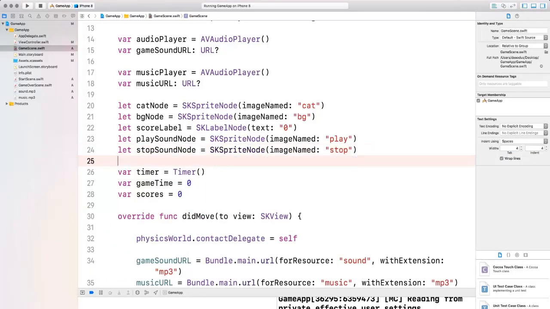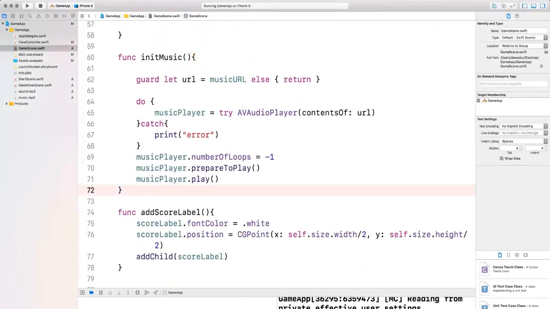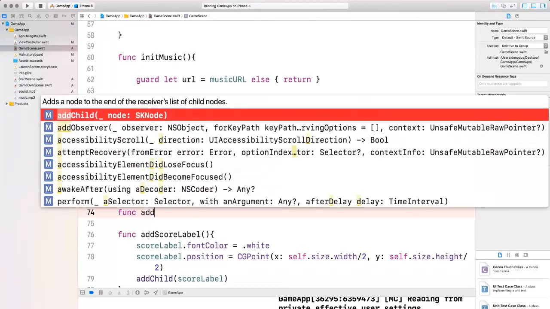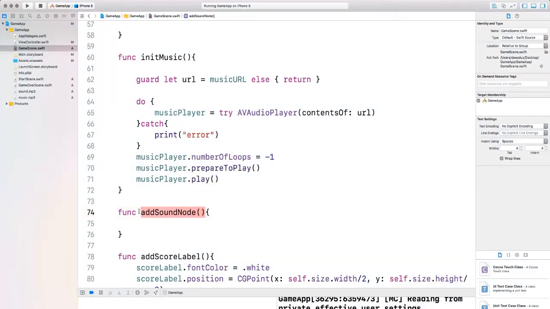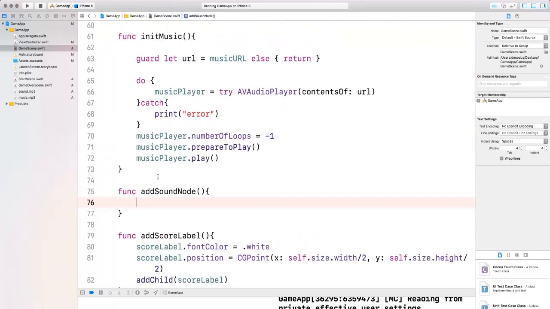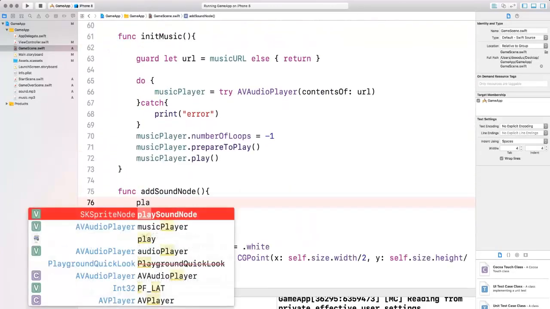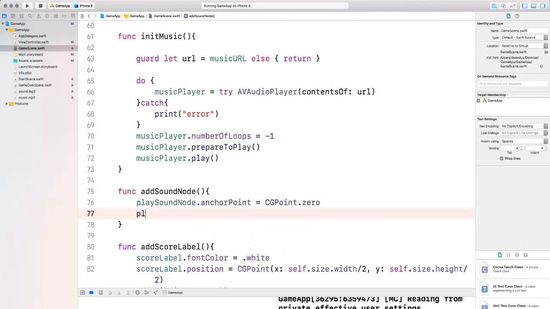Okay, so once we have these two sprite nodes, we want to add them to the game screen. So let's create another function that allows us to add the sound nodes. After the initialization of the music, I'm going to say func addSoundNodes, and don't forget to call it. So let's go up here so that we can call addSoundNodes. The first thing we want to set for the play sound node is the anchor point. I'm going to change the anchor point to CGPoint zero,